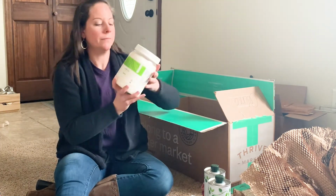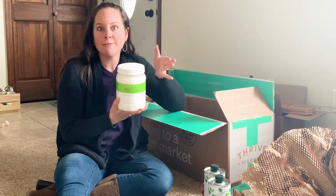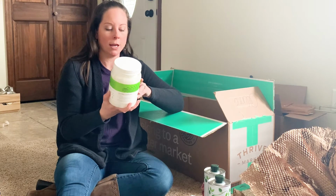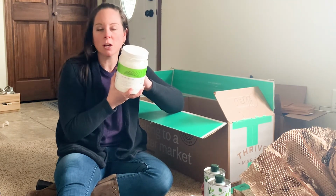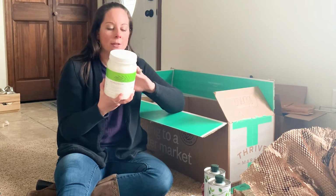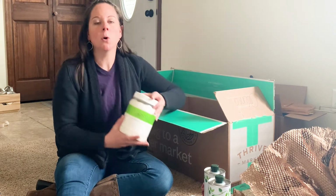Then some more coconut oil. Again, coconut oil is a fat, so fats do go rancid. Long-term storage is not going to work. However, this is good until January of 2024, so 2 years on it. So I have one thing downstairs, another one here, might do 2 more. I'm making sure that I'm only stocking enough